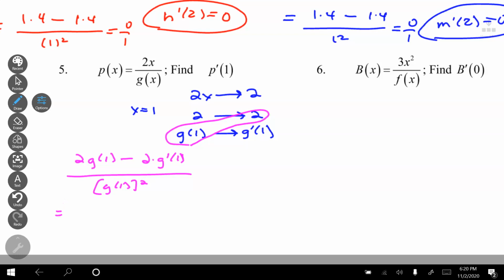And if I go to the table, it's going to be 2 times g of 1 is 1 minus 2 times g prime of 1 is 2 over 1 squared. And this is 2 minus 4 over 1, or,